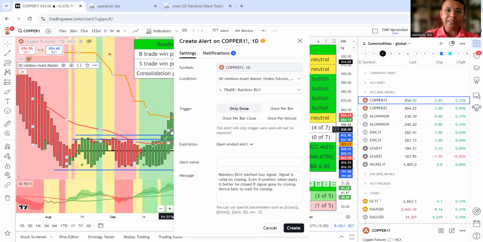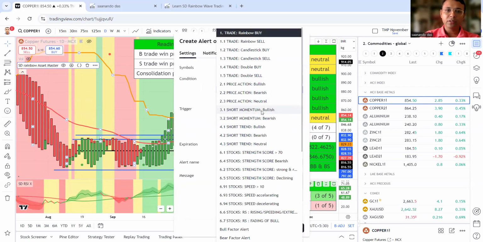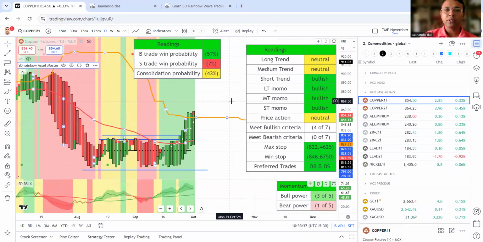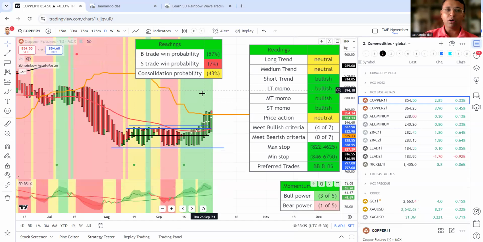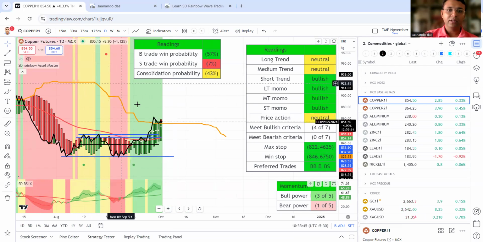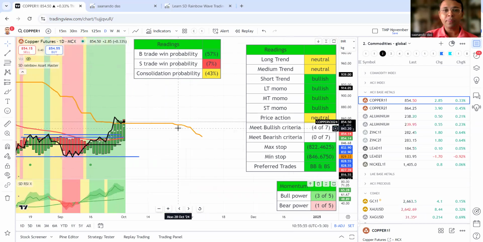Now, once the price action is bullish, then we can enter if the momentum is with us. So this is good because the risk will be low. This is a strong level. But on the other hand, if it fails to hold up, then it could go for a much bigger decline. I don't know how it will play out.